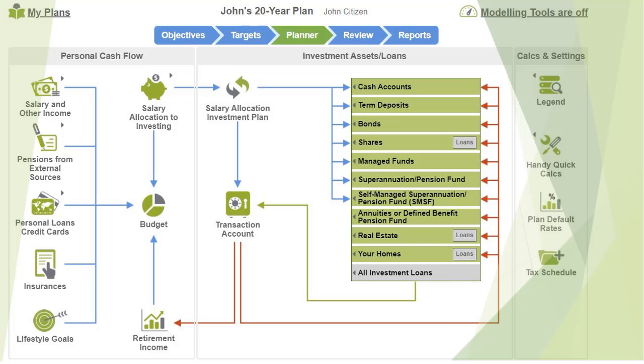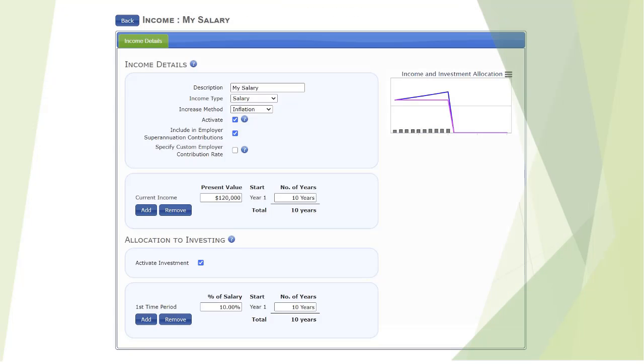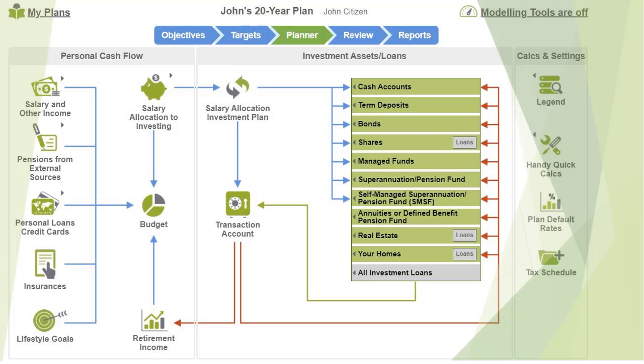For demonstration purposes, screenshots will come from a 20-year plan for a single person with only defensive assets. John Citizen is age 55 and has a salary of $120,000 and is saving 10%. John will retire at age 65, thus he will have a plan displaying 10 years each for the savings and